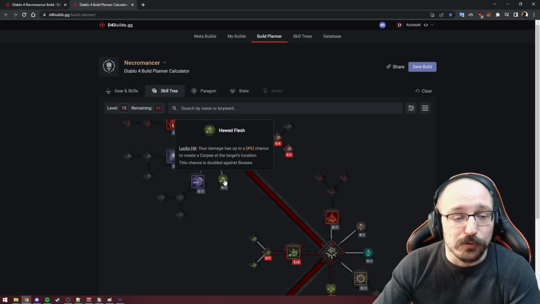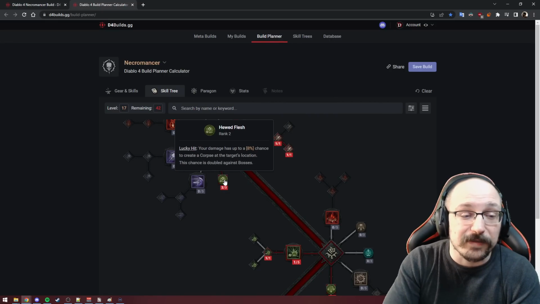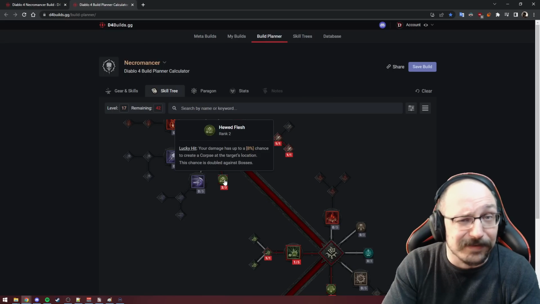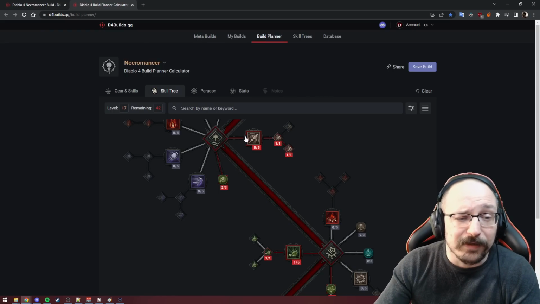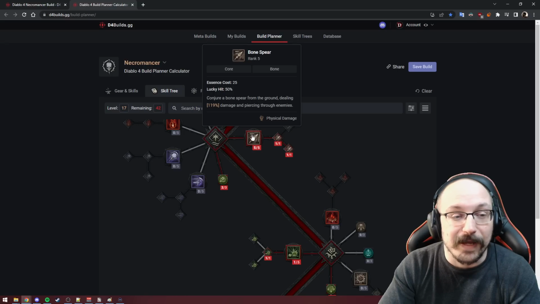Next up, we're going to put 2 points into Hewed Flesh. This helps you generate some additional corpses. Now you might look at this and be like, oh man, 8% chance? Like that's never going to proc, dude. But Bone Spear is actually the best lucky hit skill that Necromancer has, with a 50% chance to proc,